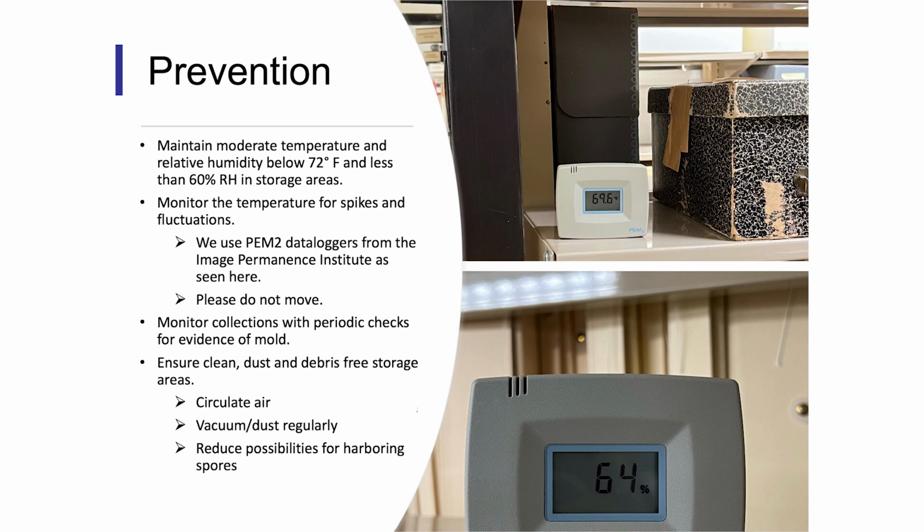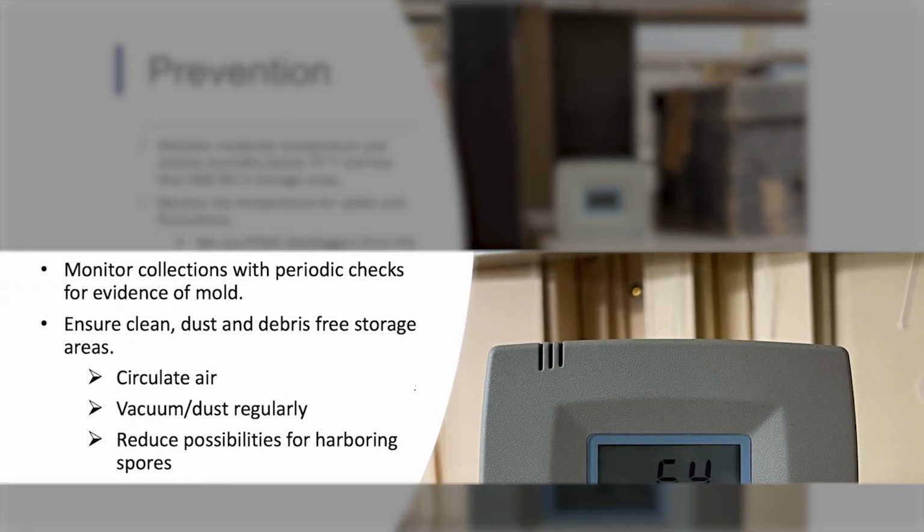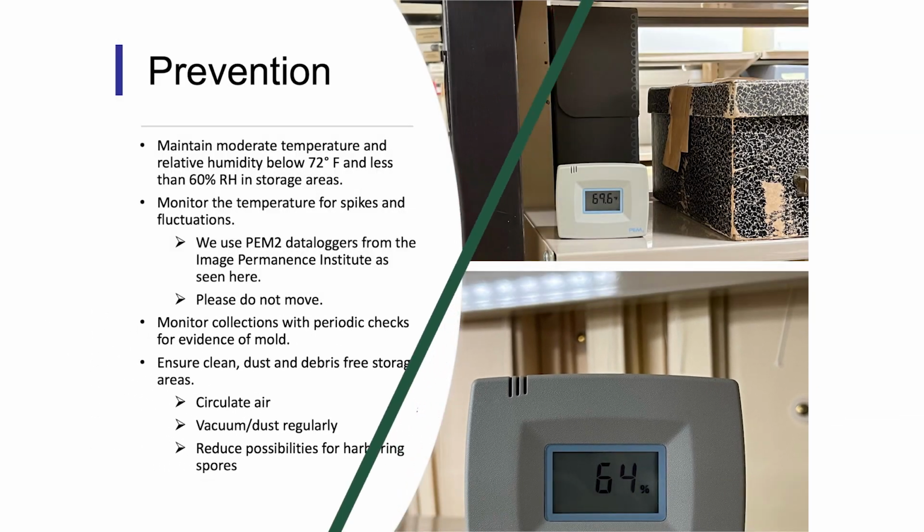from recommended set points. Other measures for mold prevention include regularly scheduled dusting, cleaning, and collection checks. Archives should also look at airflow within their stacks and make sure to improve airflow near any pockets of uncirculated air. We had a mold outbreak here on stacks level 4 in 2022 due to a pocket of cold air that created condensation and then caused mold to grow as it came in contact with an area of stagnant warmer air. I'll talk more about this mold discovery incident at Tusk later in this presentation.